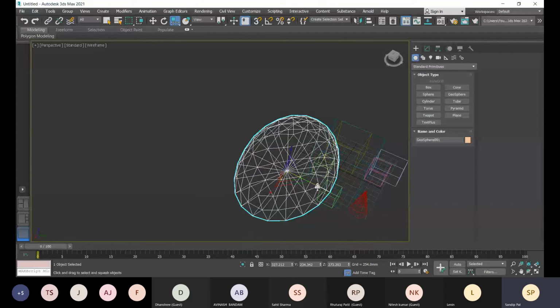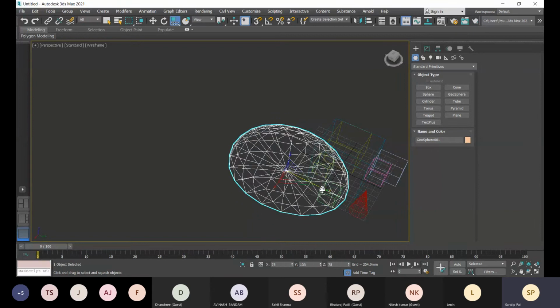Squash means if you increase one particular axis, the other two axes will be scaled down.